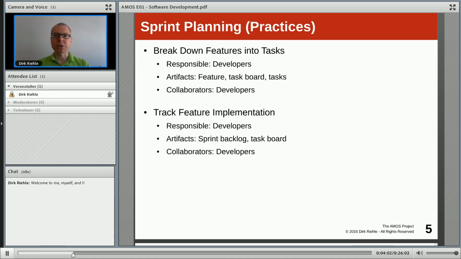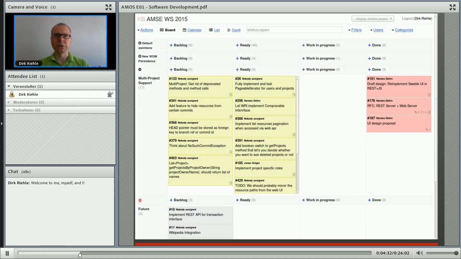Now, you may remember that to simplify, in the AMOS project, we don't really have that task breakdown. If you want to, you can do it, but we really require that all user stories are so small and ultimately are very close to a single task for implementation that this distinction is not something we require of you to do. Still, if you want to, you can try practicing it, and it certainly is relevant in industry.